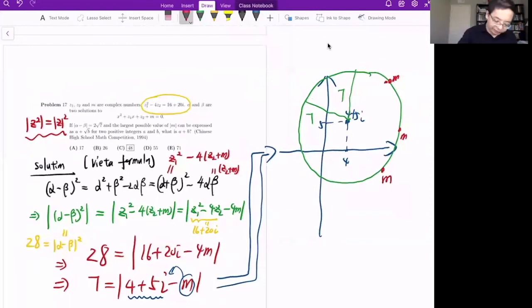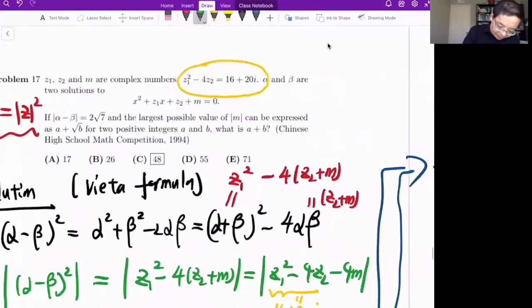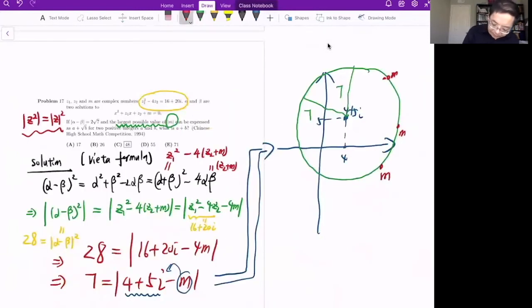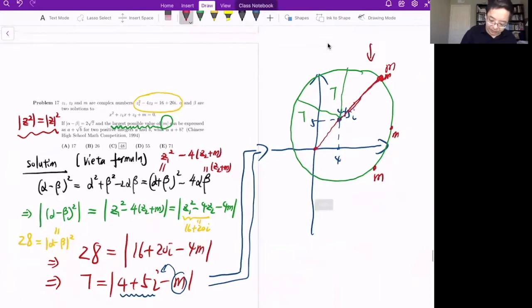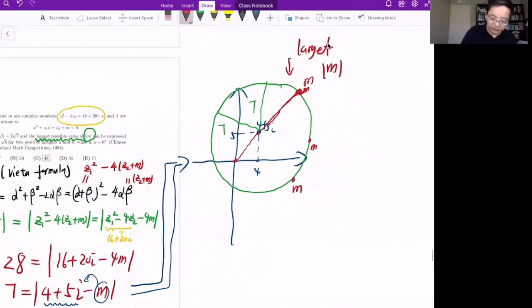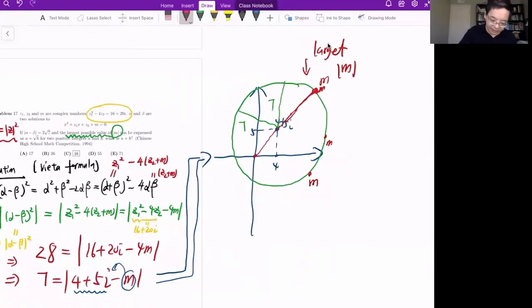Okay. Now, what we need to find is the largest possible value of the magnitude of n. If you look at it geometrically, clearly the largest one shall be if you just connect the origin with the center and you extend it, and this is the n. This gives the largest magnitude of n. Right? For other n, it's very easy to see, because if you connect the other n,